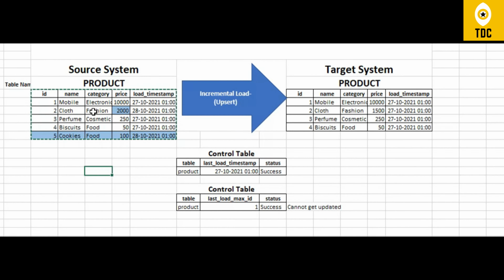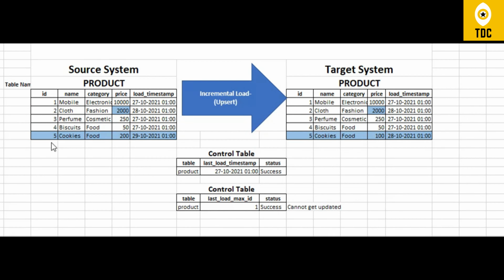So only those two records, record number 2 and record number 5, will be moving to the target system in the subsequent loads. We'll just move record number 5, and record number 2 will be moved just like this. So now both the source and target systems will be in sync.